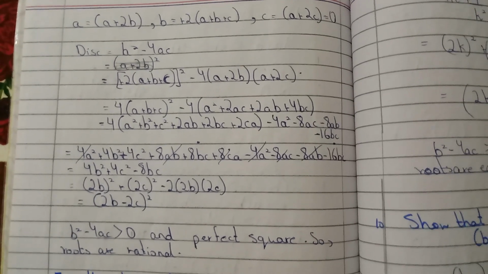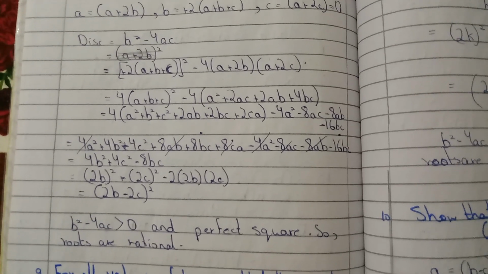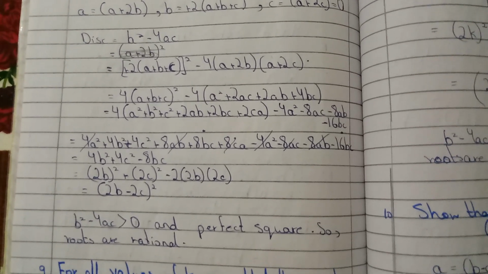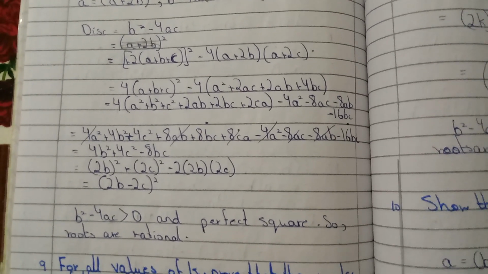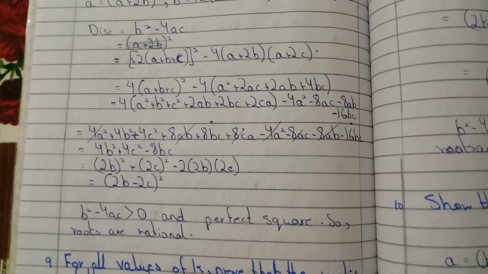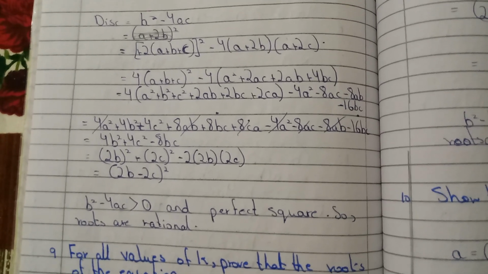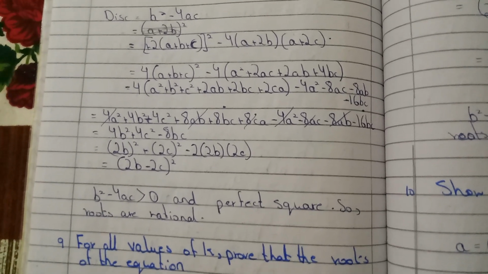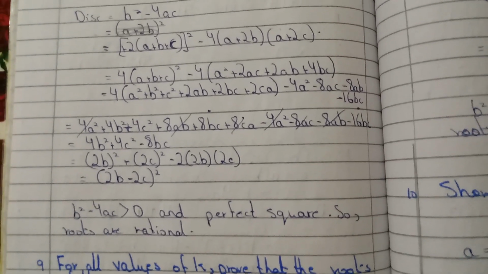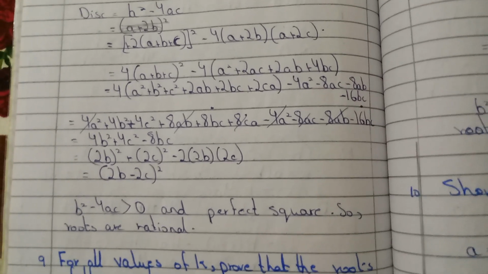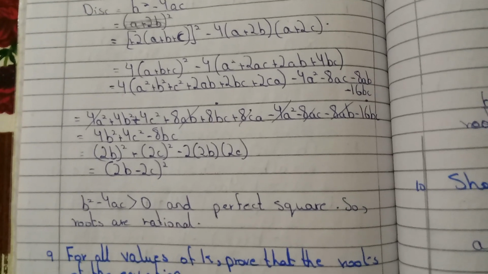We put the values and use the square formula. We have got 4 and a square plus b square plus c square plus 2ab plus 2bc plus 2ca. It is the formula which we have used. And next, multiplying the two brackets, we have got 4 minus 4 a square plus 2ac plus 2ab plus 2 plus 4bc, and we multiply with 4. We have got minus 4a square minus 8ac minus 8ab minus 16bc, and by multiplying the first bracket also with 4, we have got some values the same. We have cancelled them, and the remaining values are 4b square plus 4c square minus 8bc.